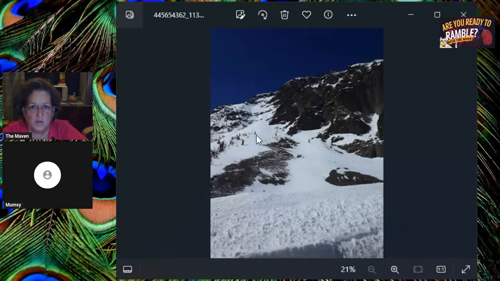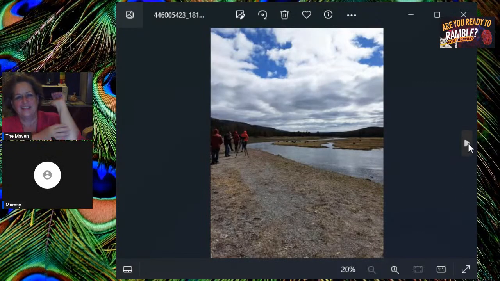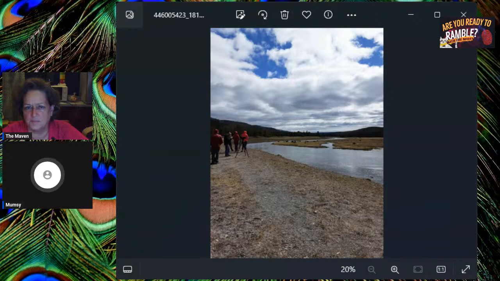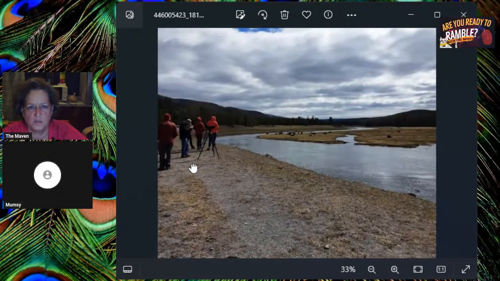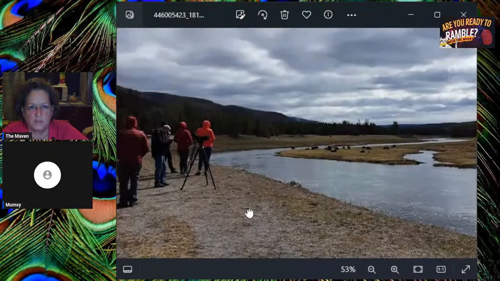I'd hate to try and go up that in a covered wagon. They had a good trail, actually. And that's the same picture that you just showed a minute ago. You see more of the people.